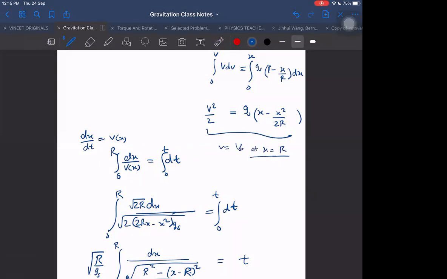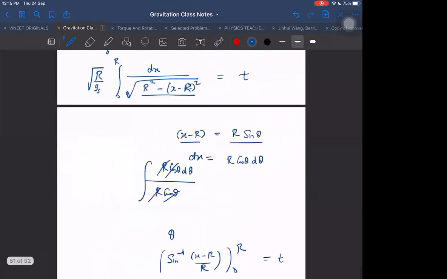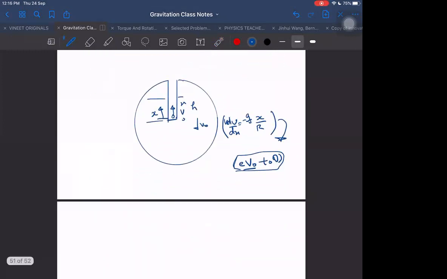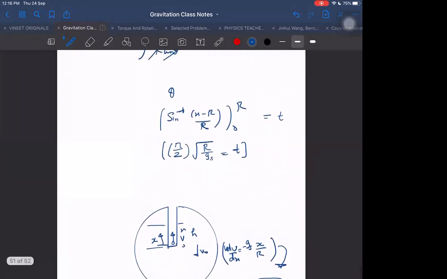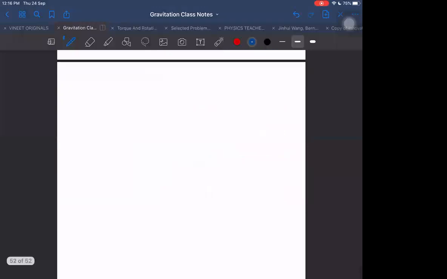Let it be at the center. If it is up to the center, and from there it collides back, then it will be executing SHM only. If it collides somewhere in between, then it will not be like that, and we have to do it again from there because the time will not be the same. But if it is colliding from the center, then observe it once. Will the time period come out to be the same or not? You can check it. Okay.